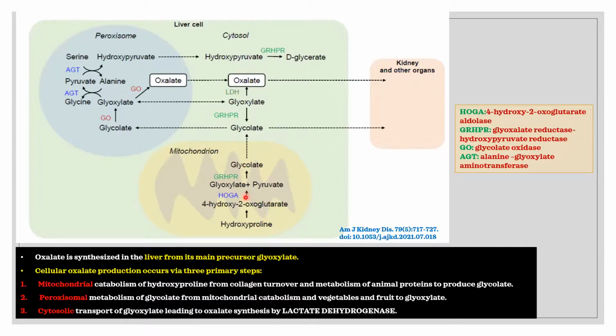In mitochondria, the hydroxyproline, which is a component of collagen, is converted to glyoxylate with the help of hydroxyoxoglutarate aldolase and glyoxylate reductase, hydroxypyruvate reductase. This glycolate moves into the peroxisome, where glycolate is converted to glyoxylate with the help of glycolate oxidase, and some part of this glyoxylate is converted into oxalate with the help of glycolate oxidase, or the majority of it undergoes a series of reactions with the help of alanine glyoxylate aminotransferase. In cytosol, the glyoxylate is converted to oxalate with the help of lactate dehydrogenase,